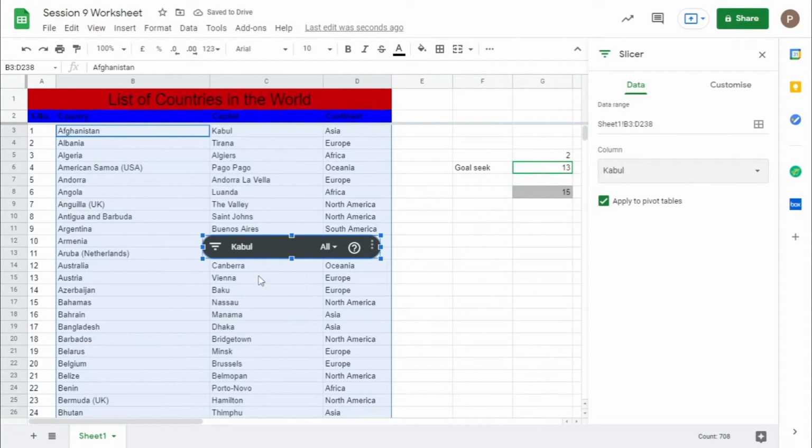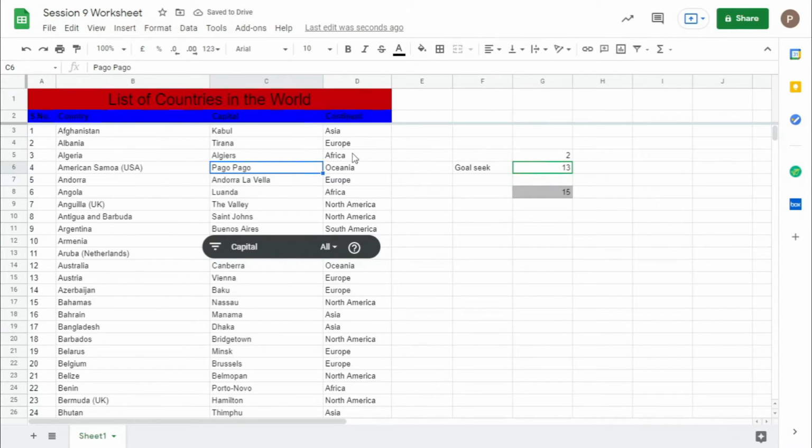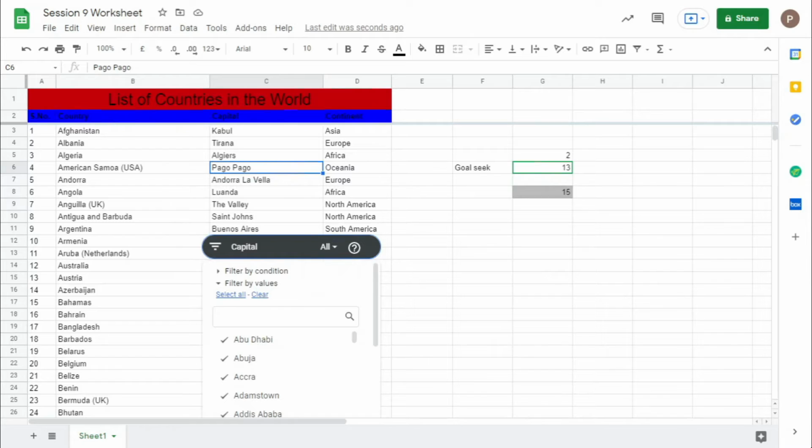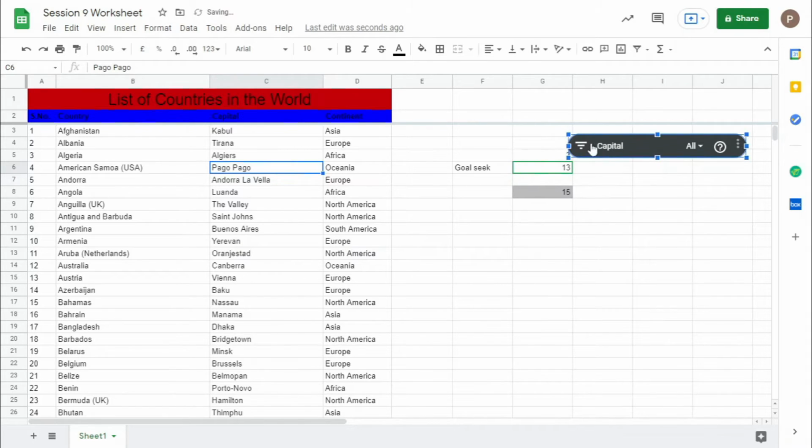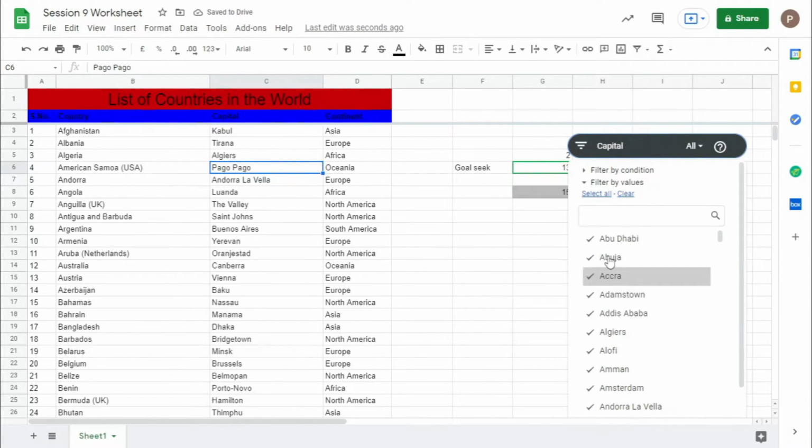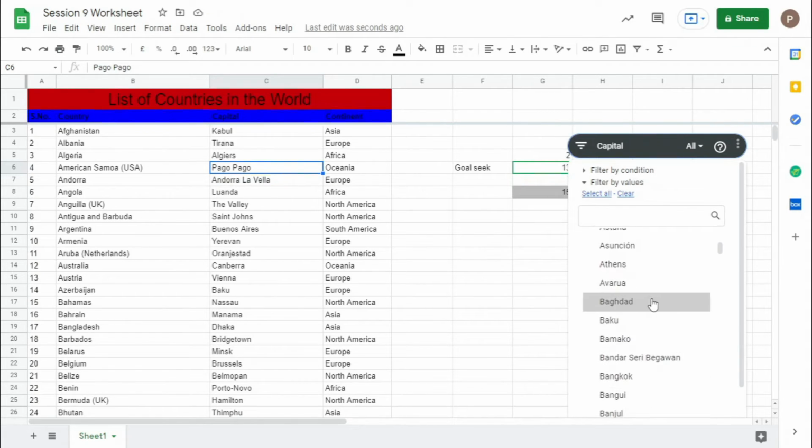Once you change the range to here, B2, and select the range, the slicer has all the information. If you check the slicer, it's just the same as the filter, but the slicer appears on a separate tab. When you click this, you can clear it, and whatever you want you can just check.